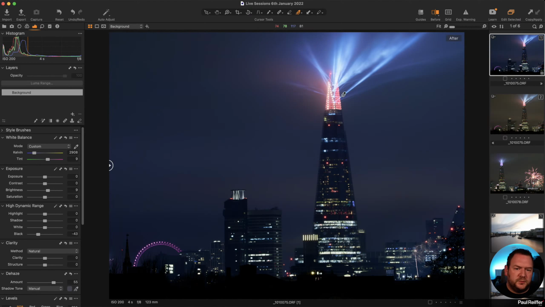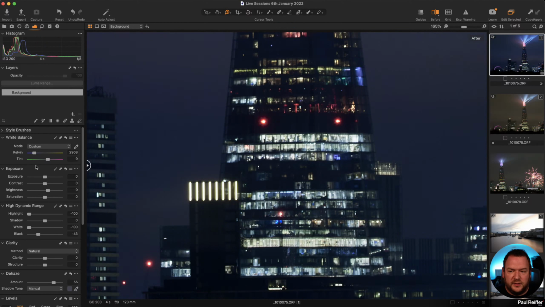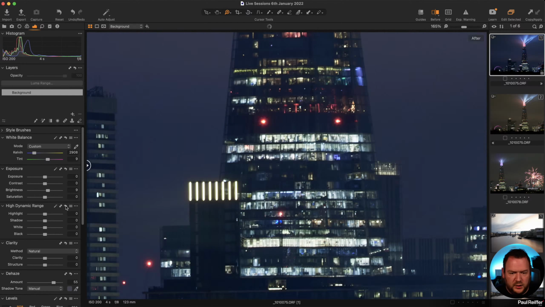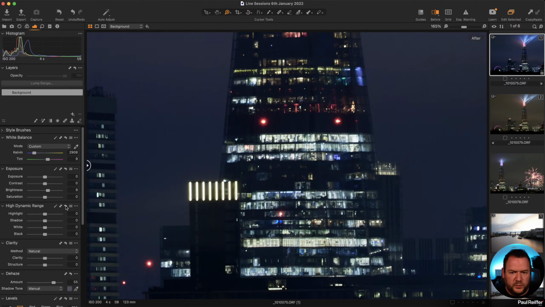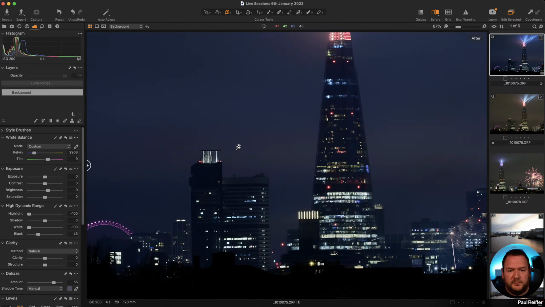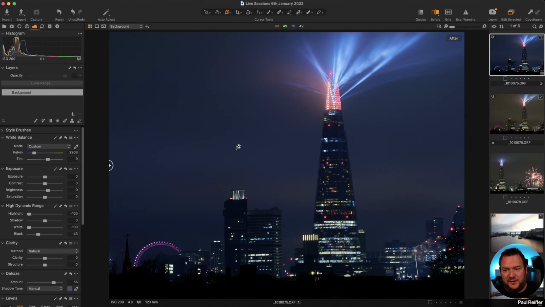So I don't want to push exposure too much. And in fact, what I'm going to do is pull down my highlights and whites so that I can see more information coming into these windows. Let's just do a without and with. So I'm recovering the highlights, recovering the whites, but I'm also making the black elements, or the darkest 5% of the histogram, darker to add in some contrast.